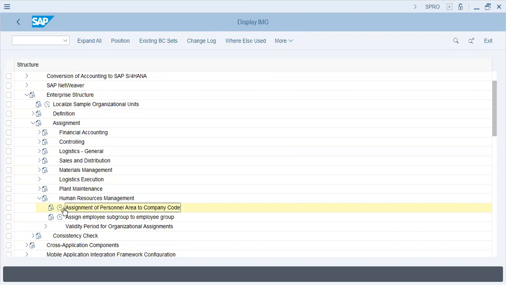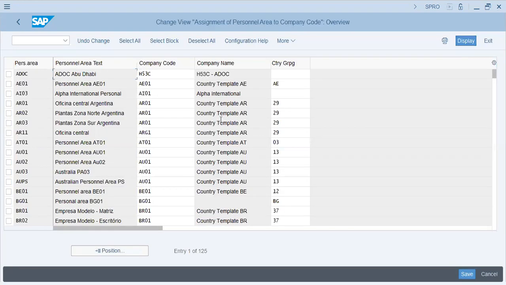One thing is missing. Assign personal area to company code. We actually missed one thing, and that was ad hoc country grouping. Country grouping will be AE. This is very important because every country has its own set of standards for HCM, and they have to follow that. Industry standard, they can deviate, but there is a set pattern for every country that they follow for taxation, for deductions, for end of the term benefits. Okay. And state level